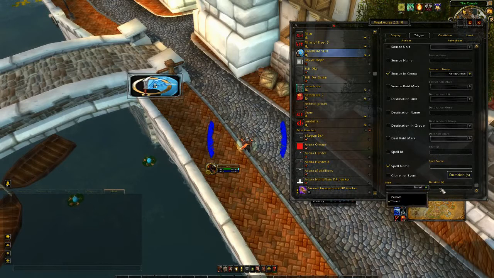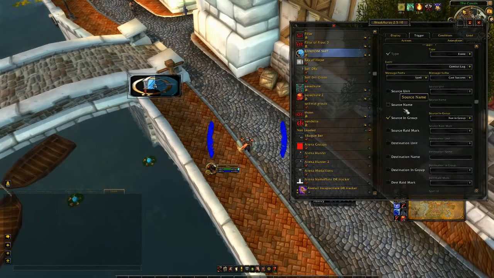Let's see here, timer. This will be how long you have that displayed, because unlike the buff/debuff section, this has a set timer. So if it's something that refreshes, then you're not going to want to do this. You're going to want to do one of those buff auras. But if it's a cooldown or something, this basically can set up a cooldown tracker for the enemy. So let's do 120 for Cocoon, and then we're going to do